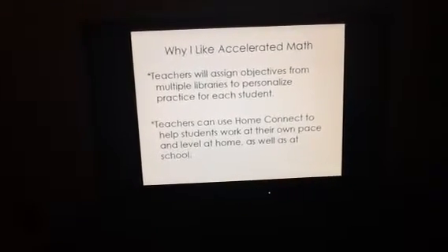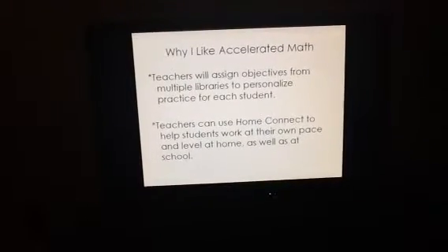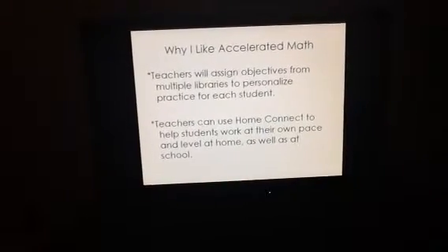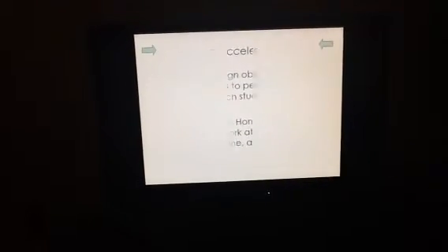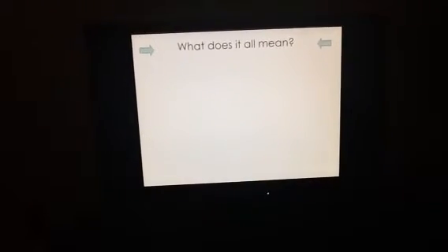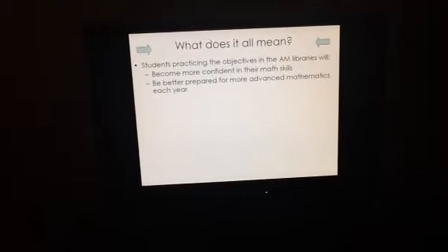A new part of the program, Home Connect, lets students work at their own pace and at home if they have a computer at home, and that is sent to the school, and we have access to that. So I think that